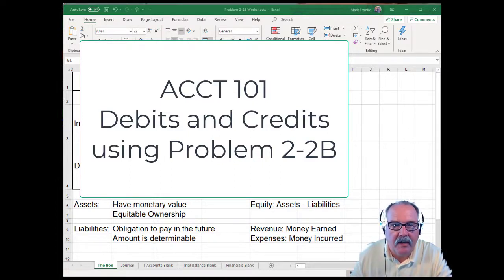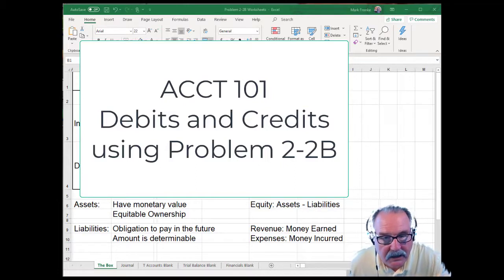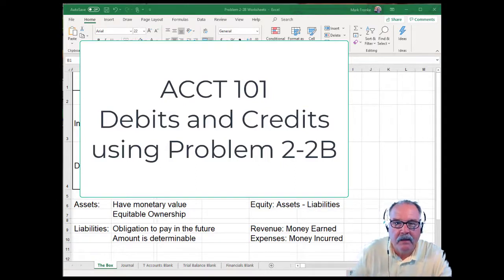We're going to talk about debits and credits and the rules of debits and credits. I'm going to use problem 2-2B as an illustration. So let's get started. First thing is we talk about how the accounting equation works, and these two words,